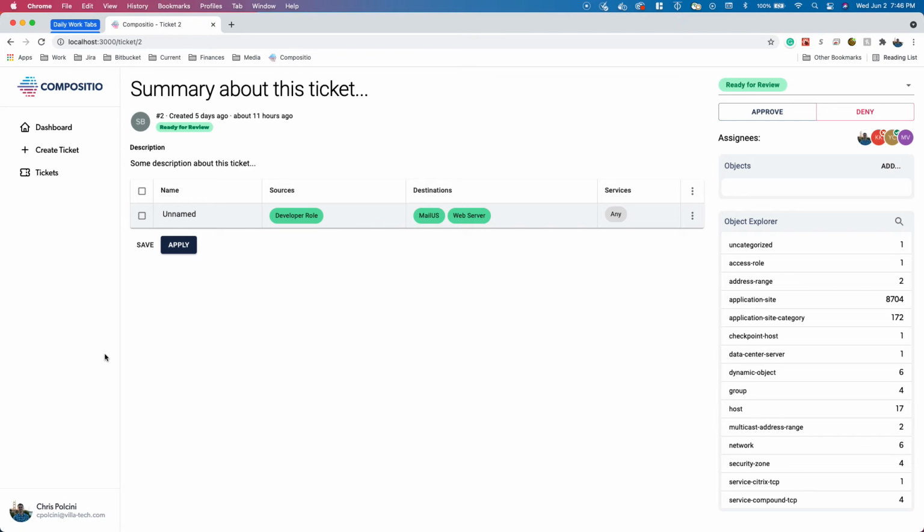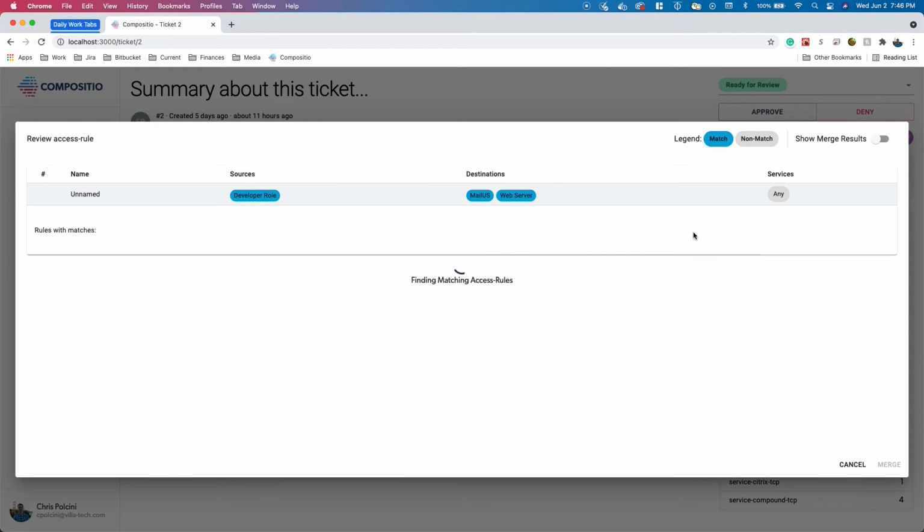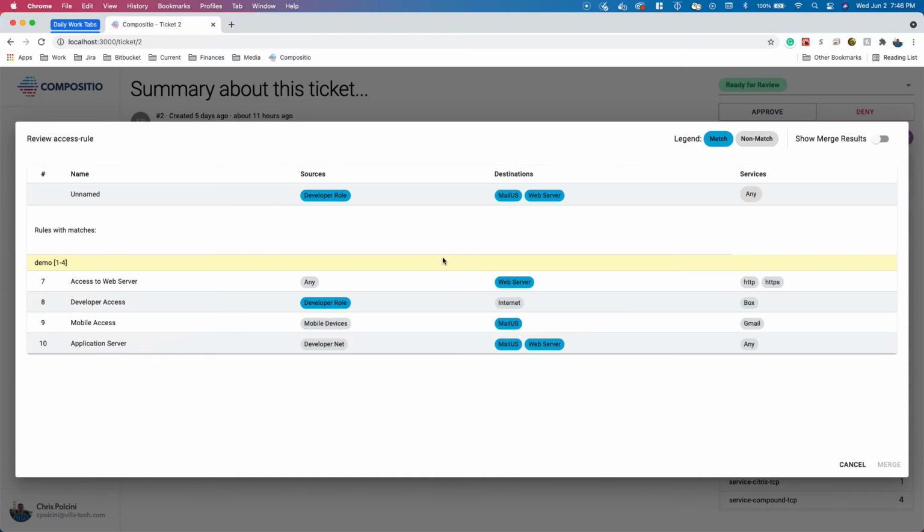Let's take a look at another feature of Compositio, the review process. Here we have a rule that has been requested. As one of the assignees of this ticket, I have the ability to review the rules. In the Options menu, I select Review, and Compositio will check our existing rule base and find any similar rules. If any of the existing rules are a close enough match to the one that I'm reviewing, we may want to modify and merge into one of the existing rules, rather than creating the one that I'm reviewing as a